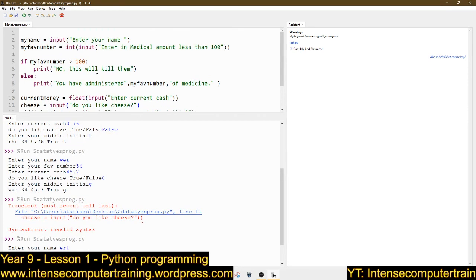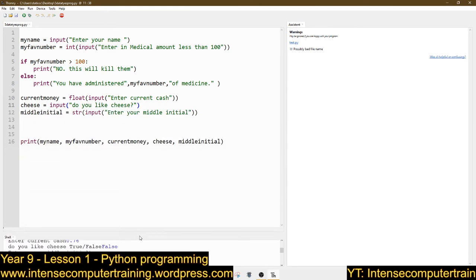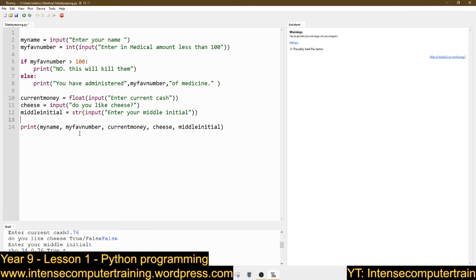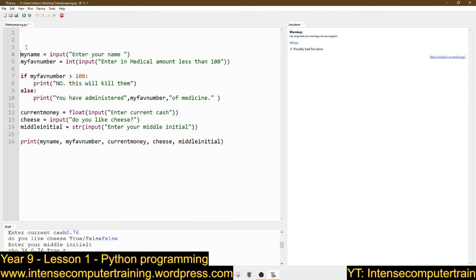Now if we're really good, we'll have this keep repeating until you get something less than 100. But that was in our lesson objective. How do I make this program go forever? Well, we have to use what we call a loop. It's called a while loop. So at the very top of your program now, just watch and listen. Rewind the video back and listen to this again, because everybody does this wrong.